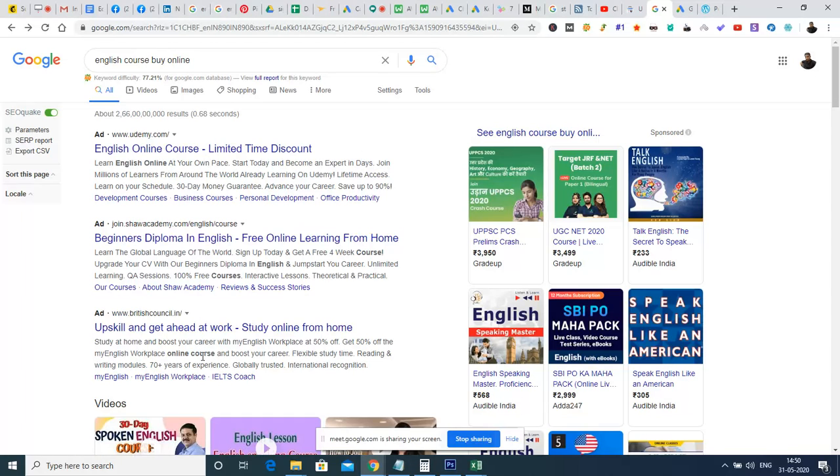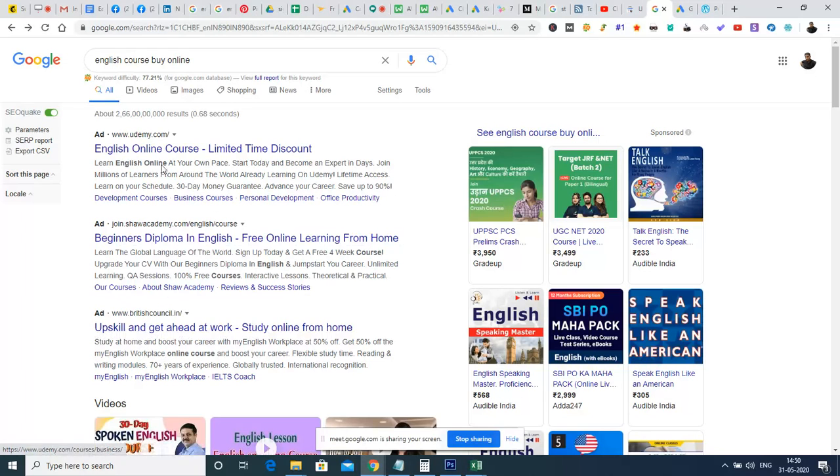So the third advertisement is not completely relevant to the keyword that is being searched. But in the Google Ads console, we can configure which keyword this particular advertisement has to be shown for. So based on that, we can make this advertisement show at any position.